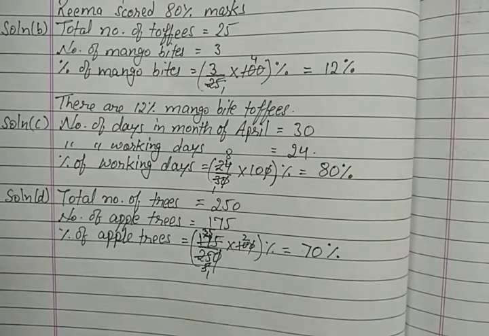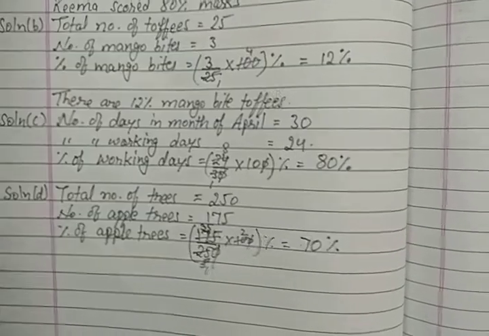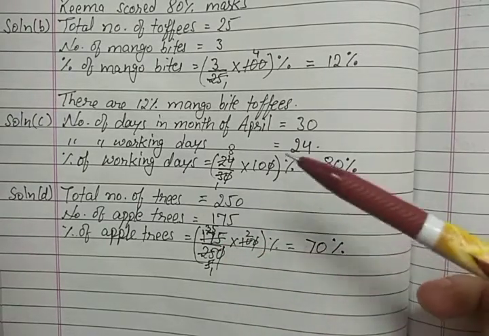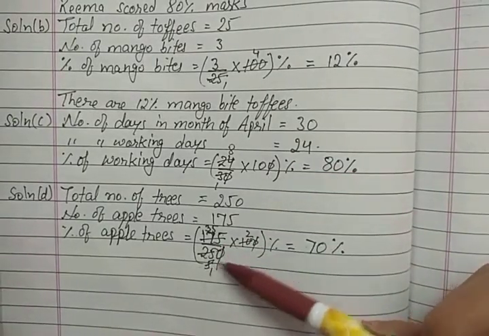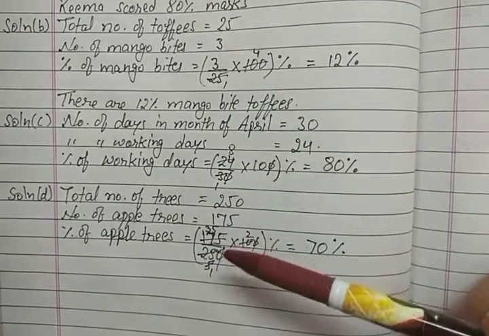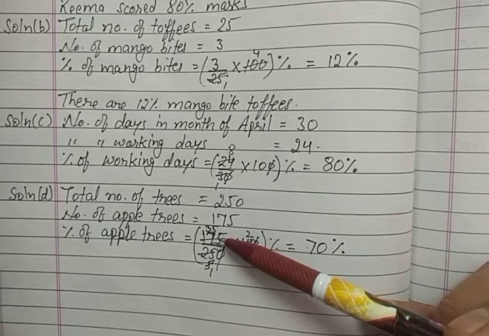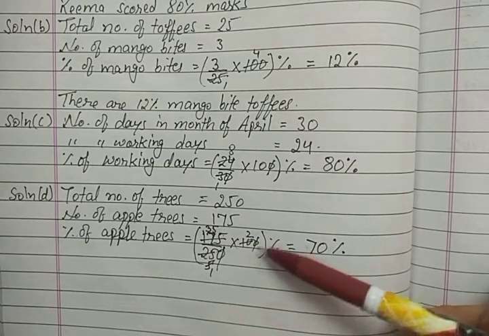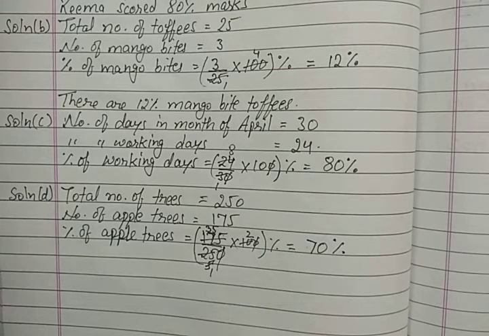So in this way we can find out the percentage. First of all we have to write in fractions. And always remember that in the denominator come the total numbers, the total number of parts and the total of whatever thing is given. And the one whose percentage we have to find, that we have to write in the numerator, and then multiply by 100. So in the next video we will find the percentage of a number.